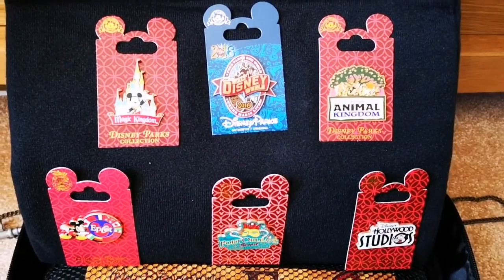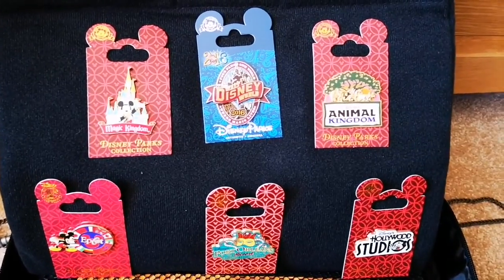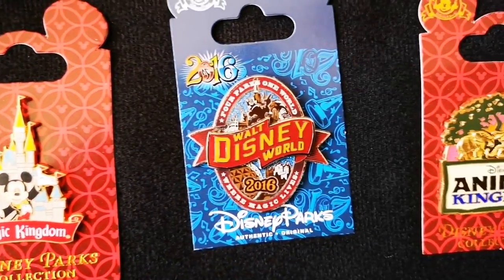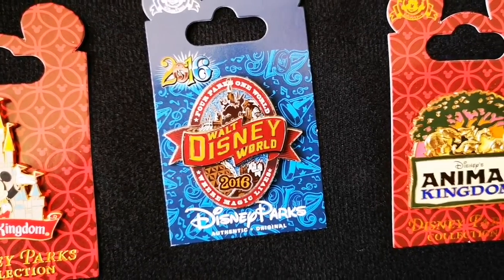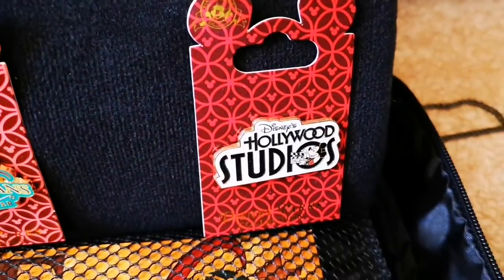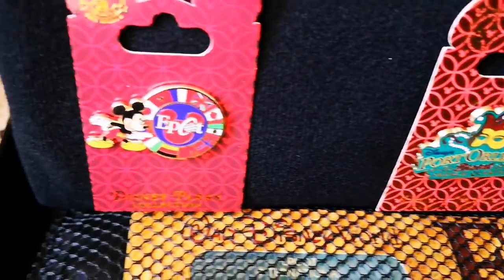So as I said before, we like to pick up pins for each of the parks, the hotel, and the year that we went. So we've got the Magic Kingdom there. We've obviously got the generic Disney World pin from 2016, the year that we went. Animal Kingdom. And going down, we've got Hollywood Studios, the hotel that we stayed at, which was French Quarter, and